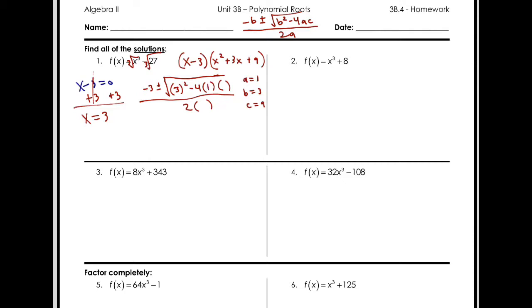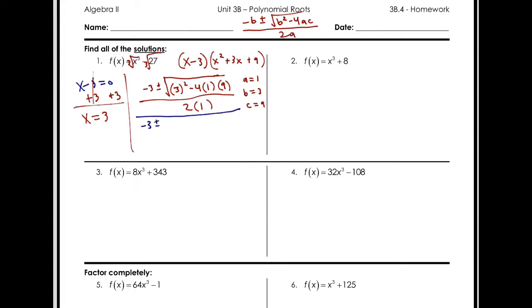A is 1. C is 9. And then A is 1. And so I always tell you guys, figure out what you have underneath there first. Okay? Got to figure that out first thing. And when you do that, let's kind of section this off a little bit. When you do that, you're going to have